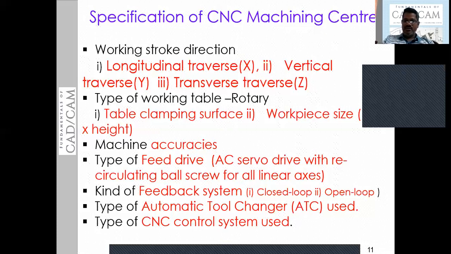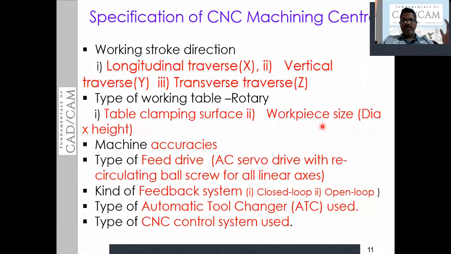Then workpiece size, up to what extent we can accommodate the workpiece, maybe the diameter, or up to what height you are going to locate the workpiece. This all counts while specifying the CNC machine. Then the CNC machine is also specified according to the accuracy, how much accuracy we are getting from that machine. That will also be taken into consideration. This is also one criterion to specify a CNC machine.